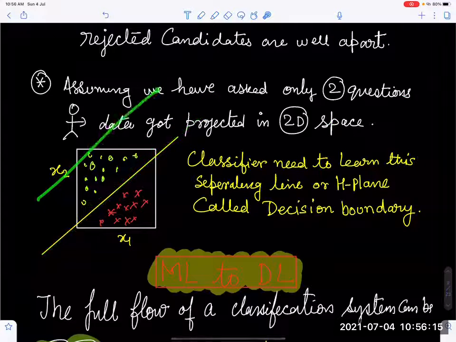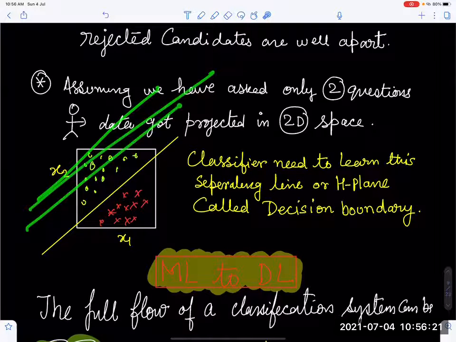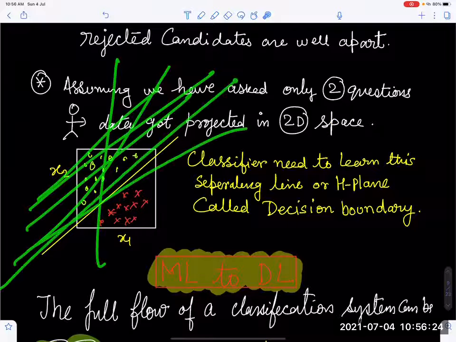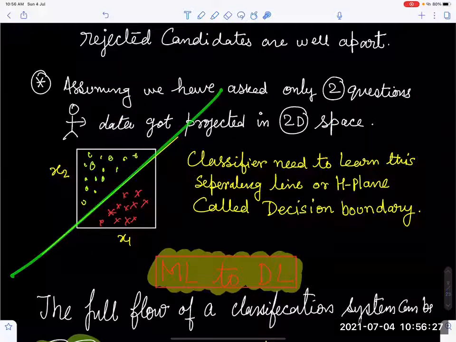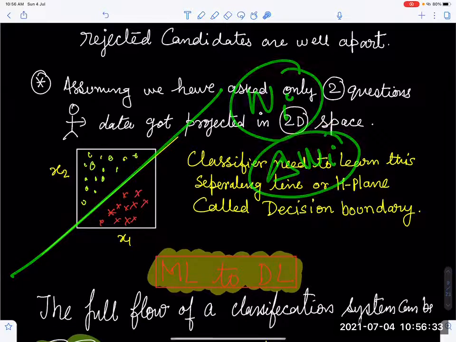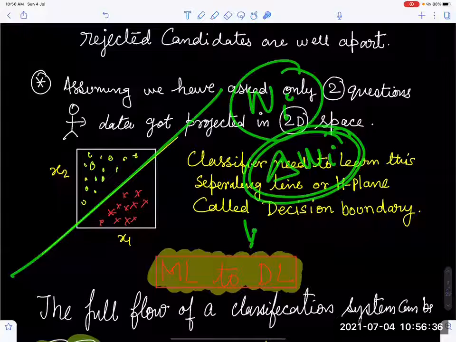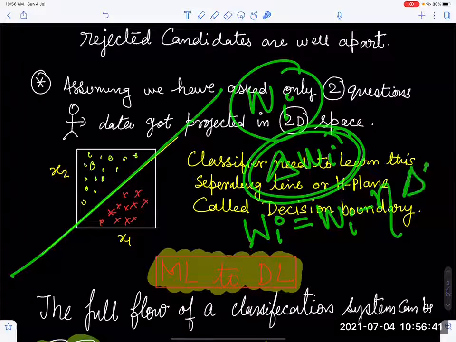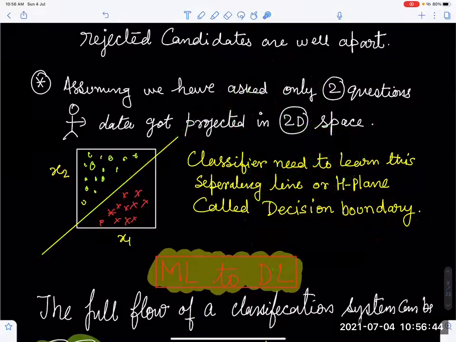Probably we may start from here because these line weights are randomly initialized, and we need to get the best possible line. You may keep on going like this, and at some point you end up here. How are you changing your Wi? Wi is going to be changed as the delta Wi you can compute, and your delta Wi is going to tell you what your Wi is going to be. Wi is equal to Wi minus eta times delta Wi. So your weights keep on changing, and you want to come up with the best possible classification.